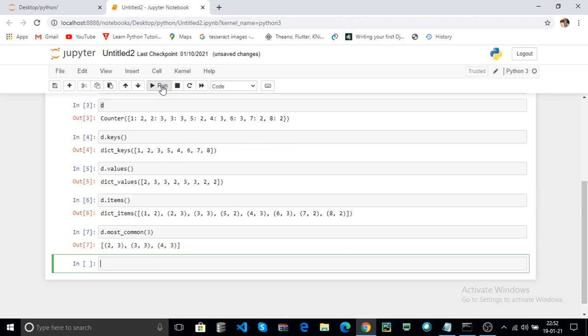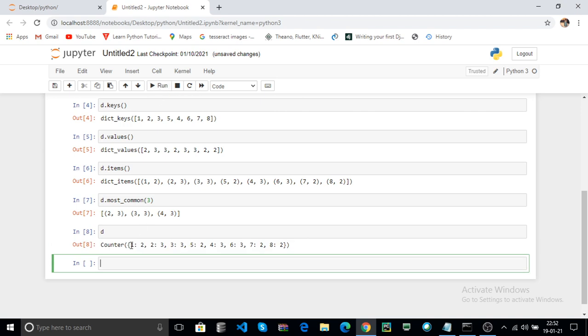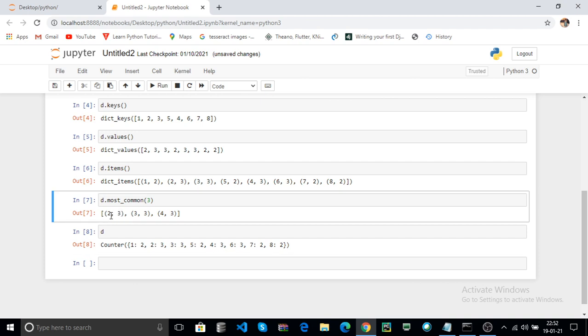Click on run. Now print your dictionary. Here the most common key value pairs are returned by the most_common method of 3. That means which key occurs most in your list. That means 2 occurs 3 times, 4 occurs 3 times, 3 occurs 3 times.